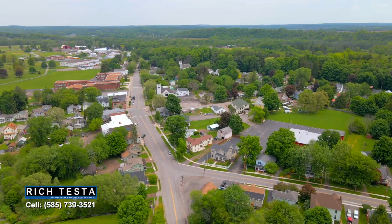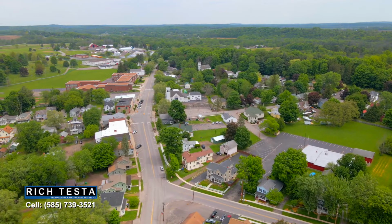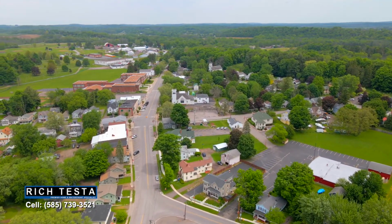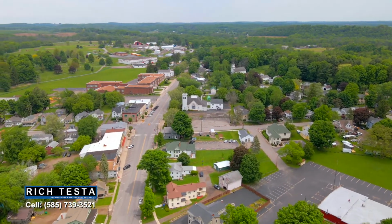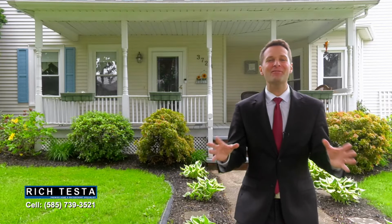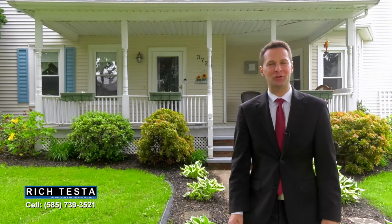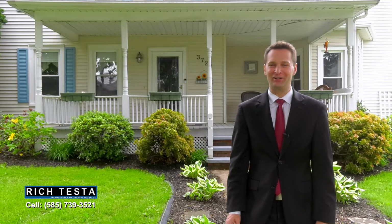Marion is a great place to live. This quaint town has a country feel and nearby great parks. Could you imagine living here? It would be amazing. Well, I hope you enjoyed the tour of 3723 South Main Street in Marion,